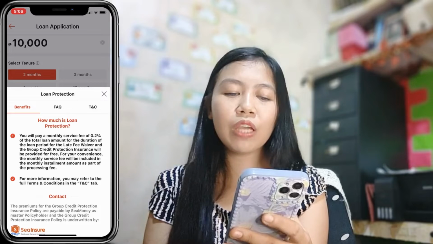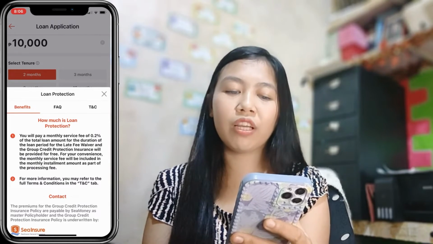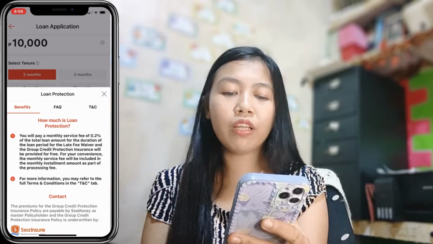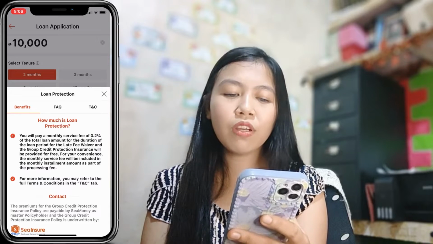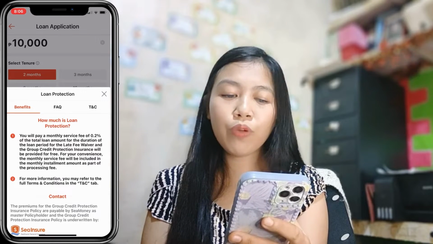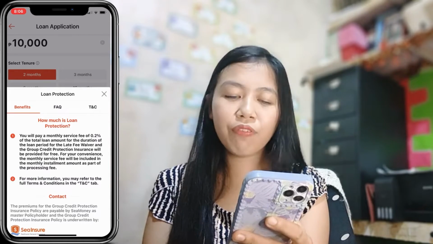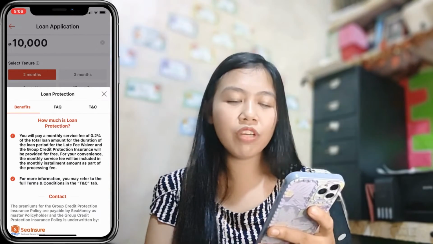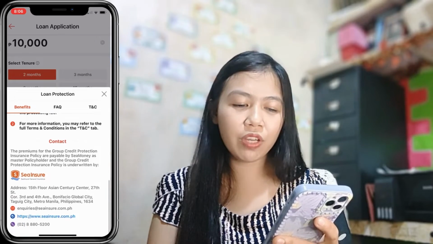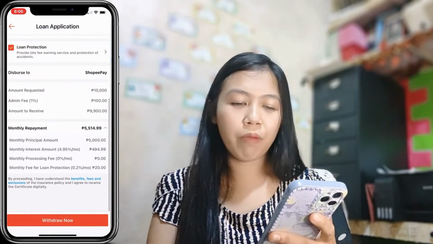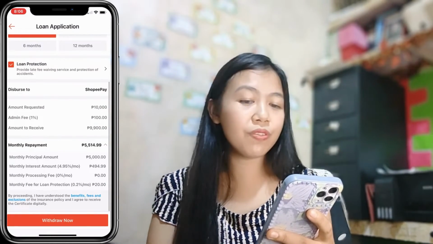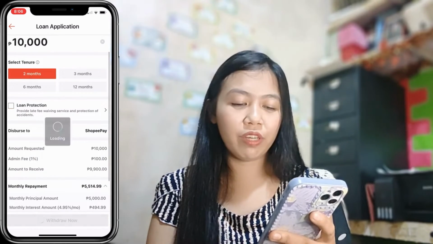For the late fee waiver and group credit protection, insurance will be provided for free. For your convenience, the monthly service fee will be included in the monthly installment amount as part of the processing fee. That's why we have here the monthly fee for loan protection, 20 peso per month. For me, I'll be choosing not to have loan protection.